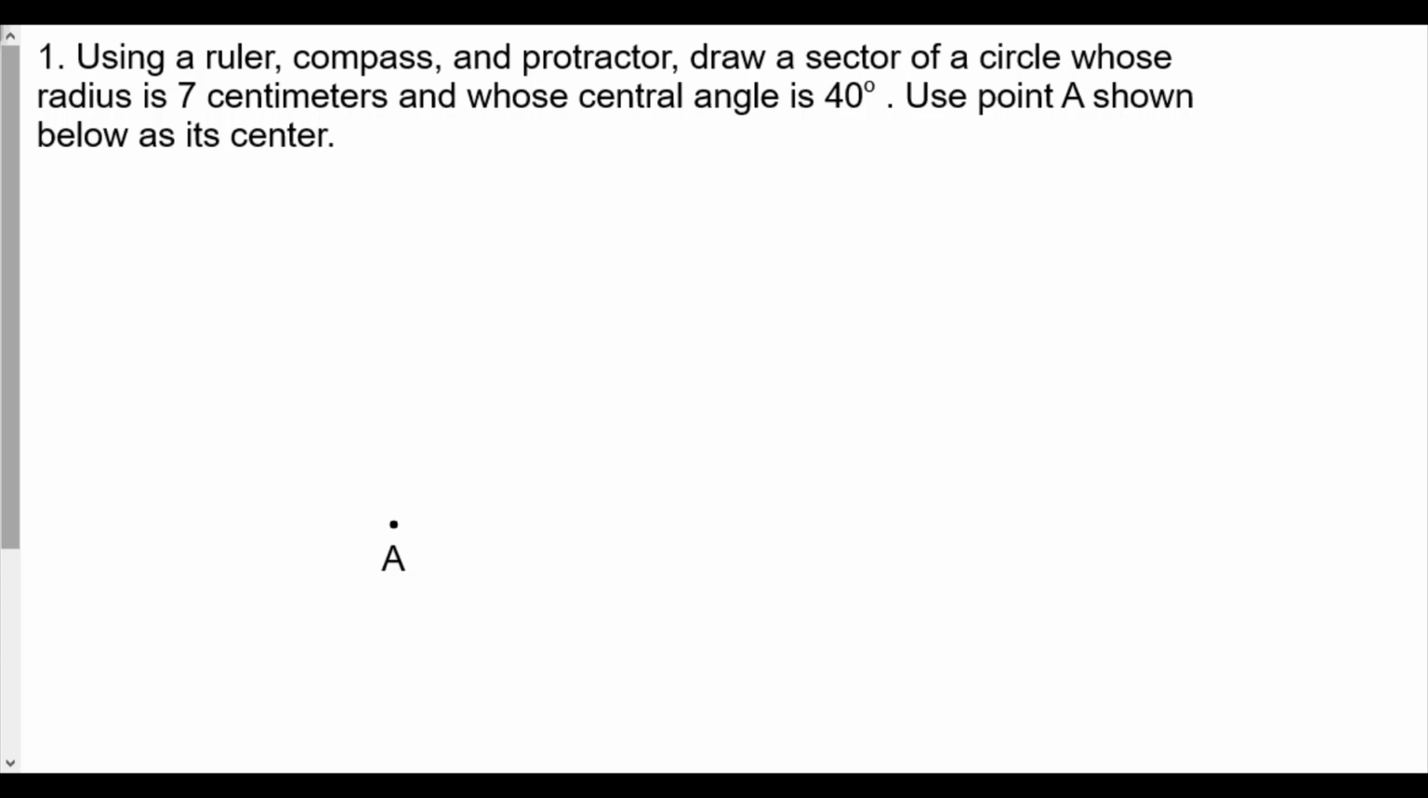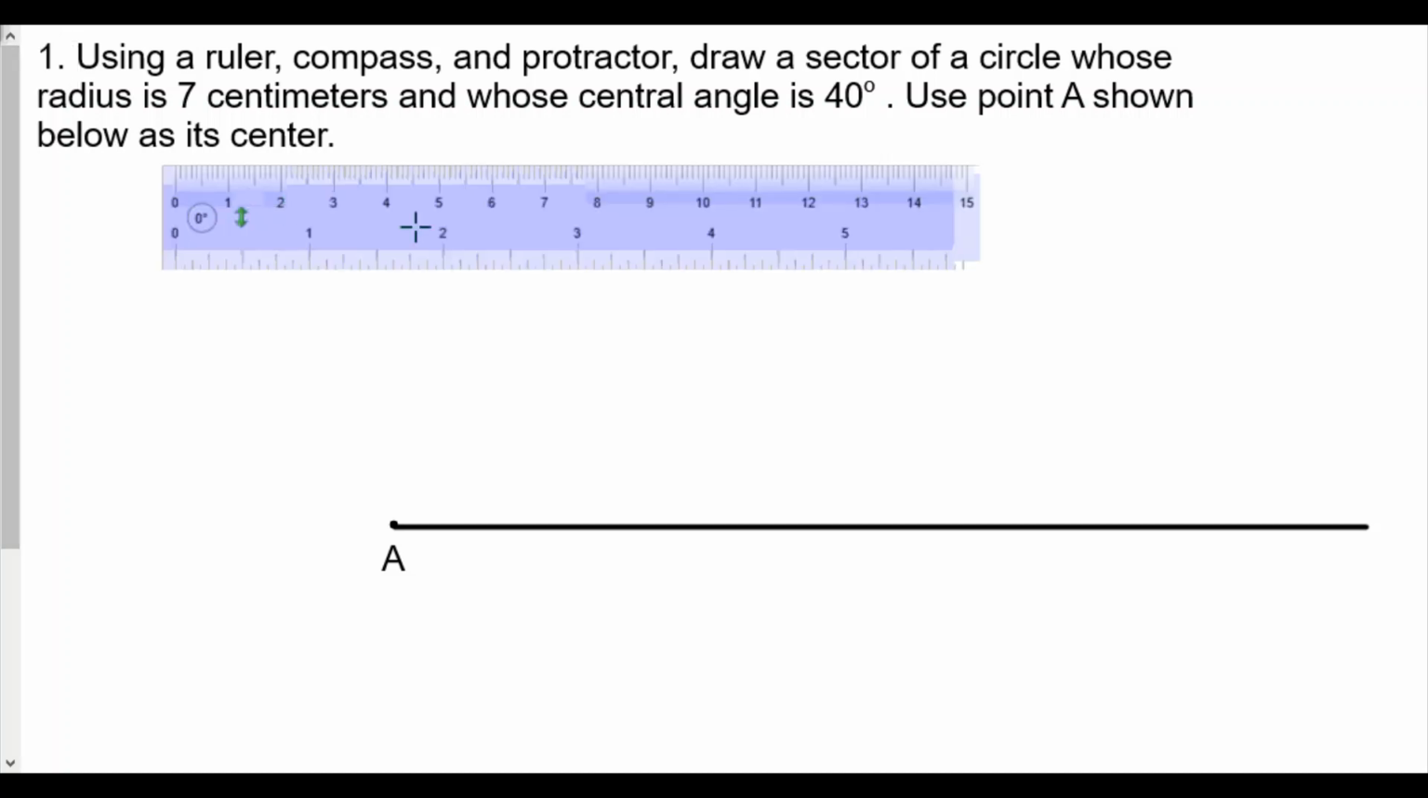Okay, so the very first thing is, here we have point A, and we're going to draw a line segment that's going to go through A and go pretty far out here. So, we'll do that. And so now we're going to break out our ruler. For the ruler, we're going to measure off 7